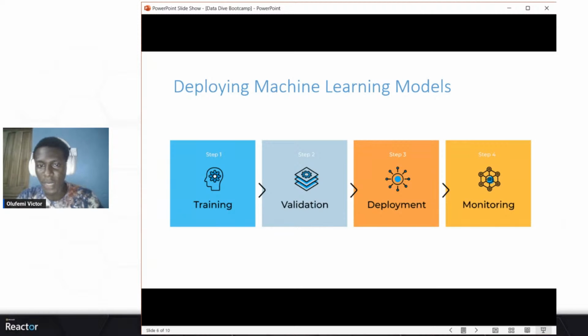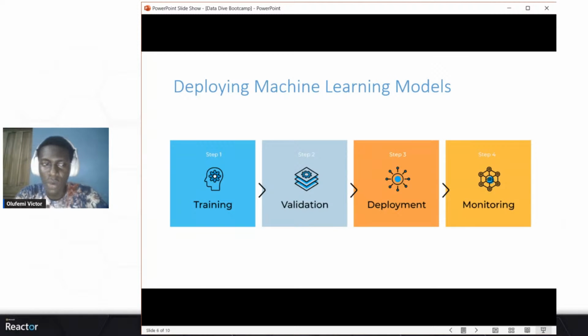And of course, as a data scientist, an ML engineer, or an AI engineer, or whatever you do in the data space, sometimes you want to not just show your work. For data scientists, for instance, they spend their time cleaning data, building machine learning models, but of course they have to also show these models work. Right. So in as much as you can build machine learning models, it's also important to show your work, and not just on your local PC, but sometimes even show it to folks that are not within your reach. Right. And the only way you can do this, of course, is to either deploy it using a web server, or you can use any prototyping tool.